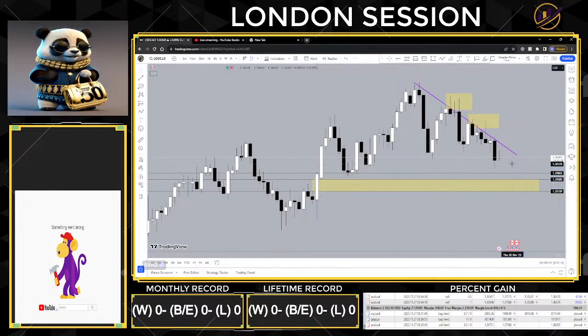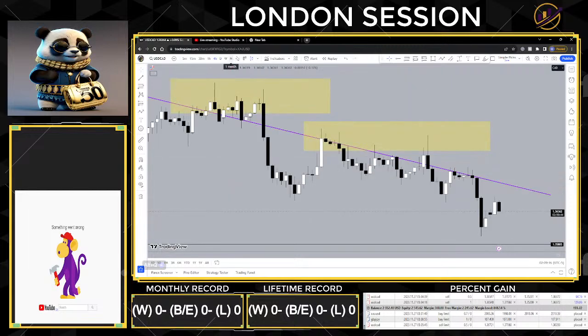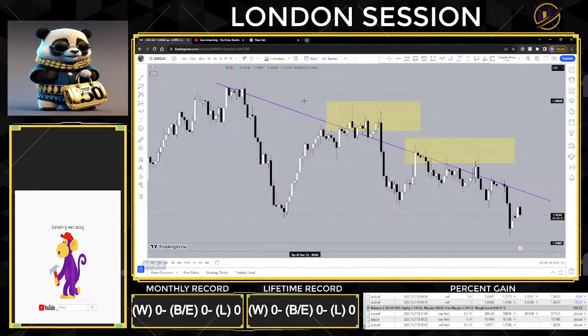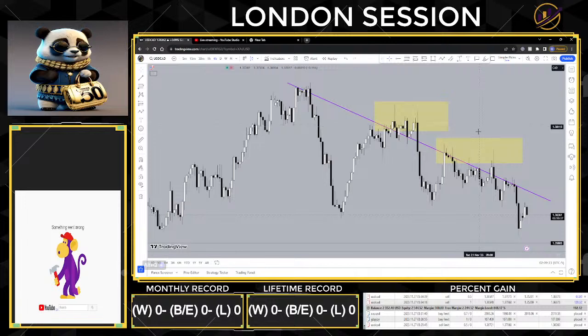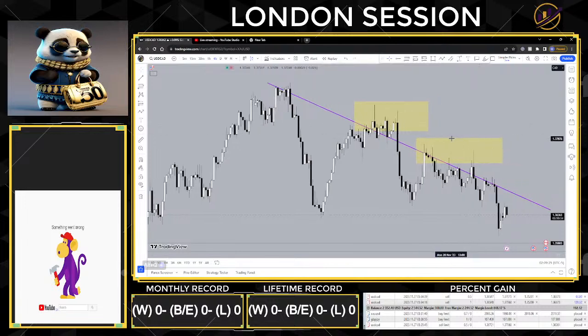Okay, so now we know what we're looking for in the daily time frame. Let's take this to our advantage on the lower time frames and see what we can find. On the 4-hour time frame, it's pretty clear. There was a fair value gap over here which got respected beautifully. That was one tap, that was the second tap, and that was a third tap. And after that third tap, price has melted